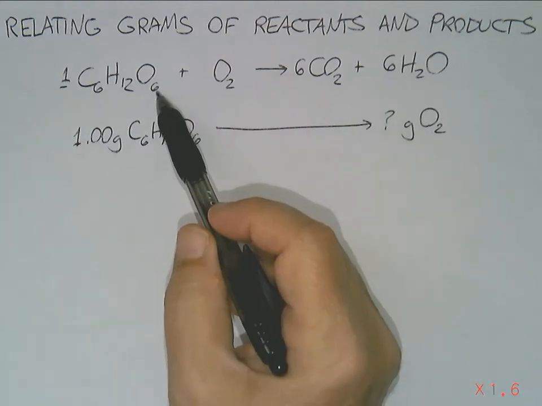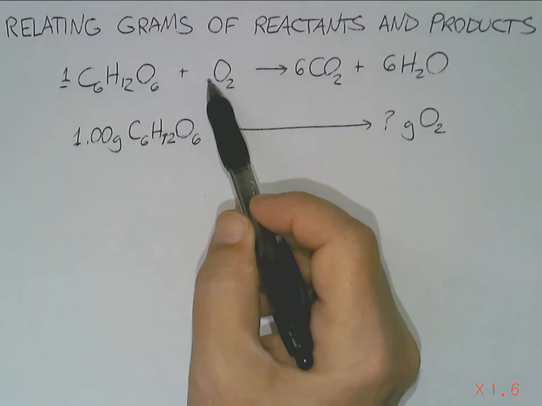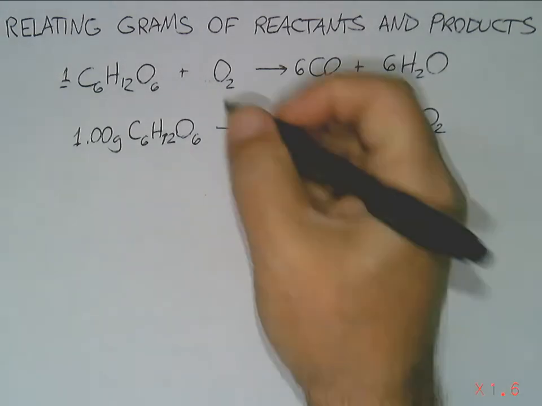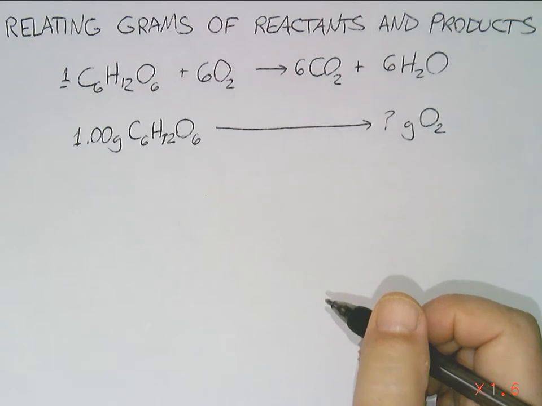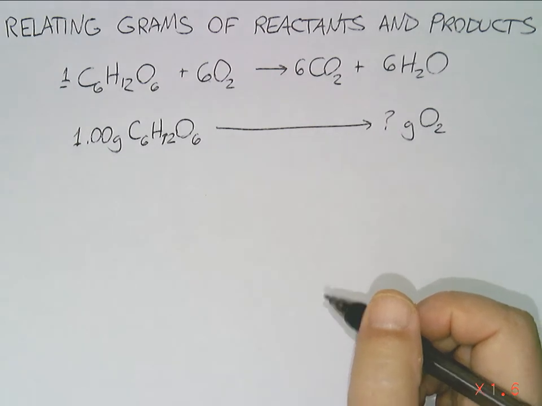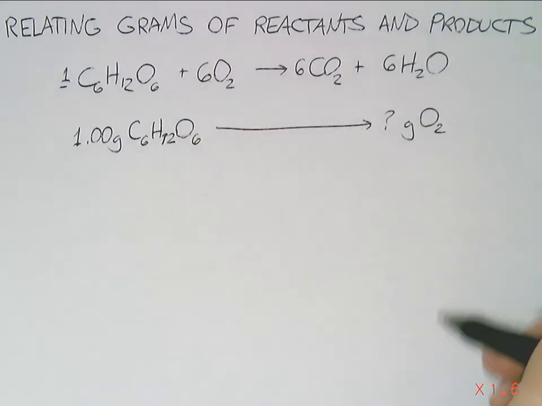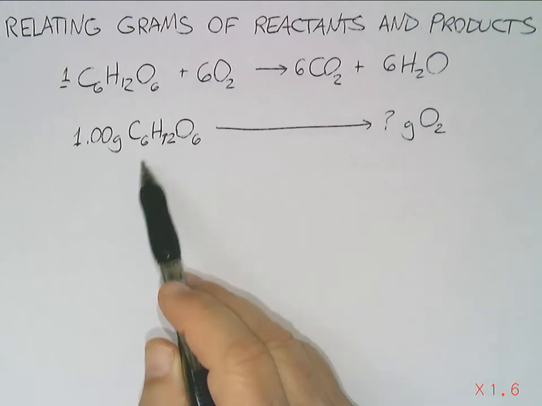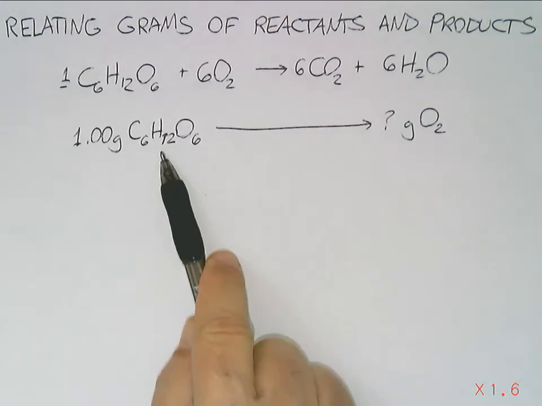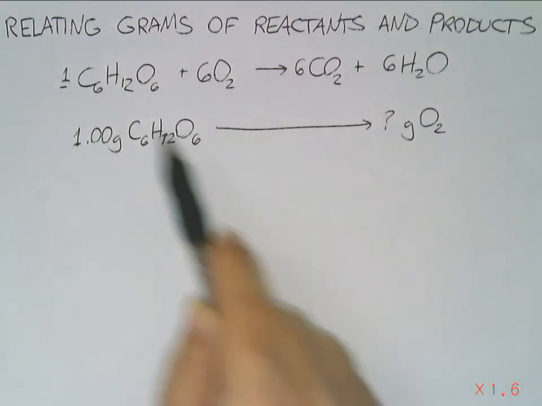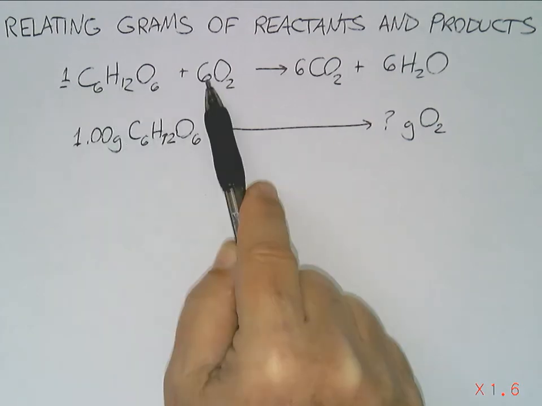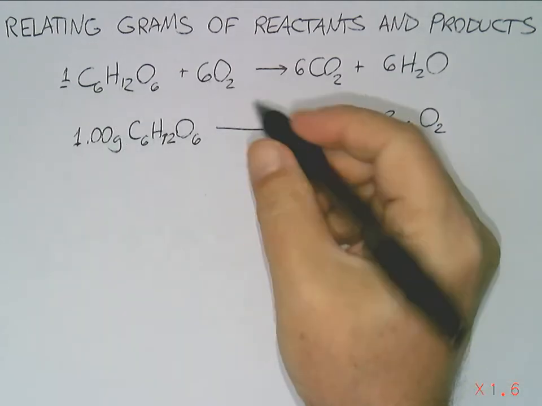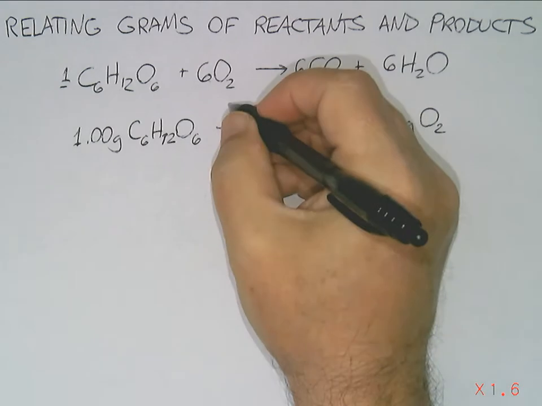Now, I've already got 6 there. So I need to have 12 here. So to get 12 here, I'll have to put a 6 there to balance this off. So now this equation is balanced. And I can get a mole-to-mole ratio between the two things I'm interested in. I'm interested in glucose and I'm interested in oxygen. So this equation tells me 1 mole of glucose reacts with 6 moles of oxygen gas to give me,